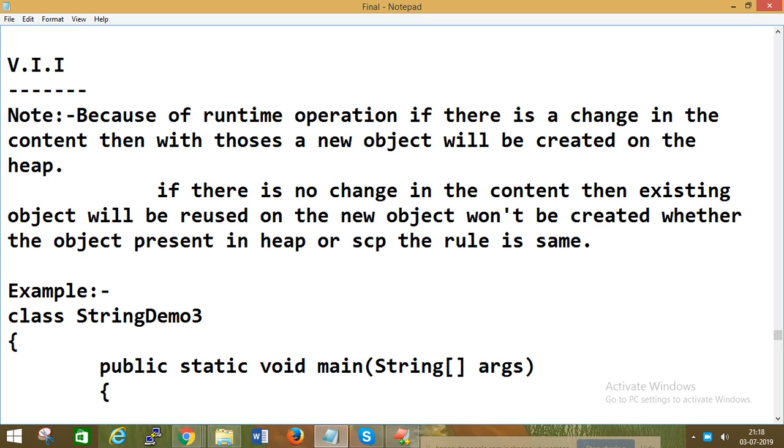Because of runtime operation, if there is any change in content, meaning you are now passing a string as an argument, a string value in double quotes, if any content is going to change, then what happens? Then a new object will be created in the heap area. What I want to tell you,